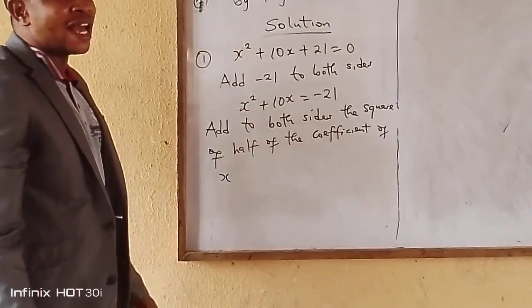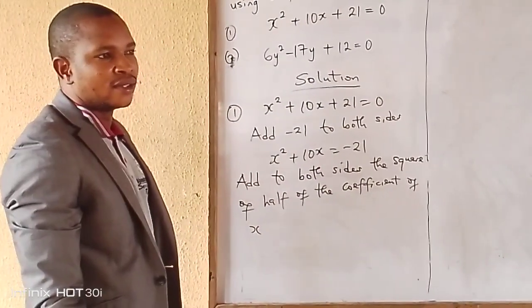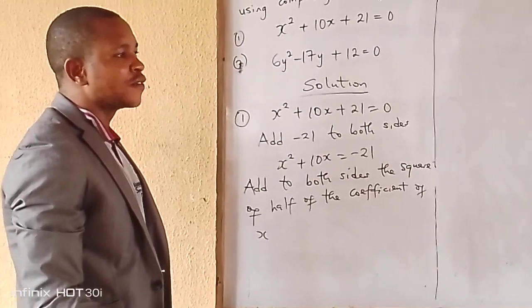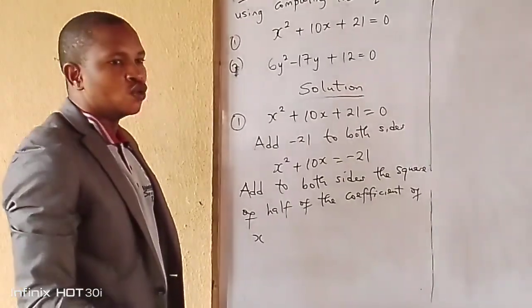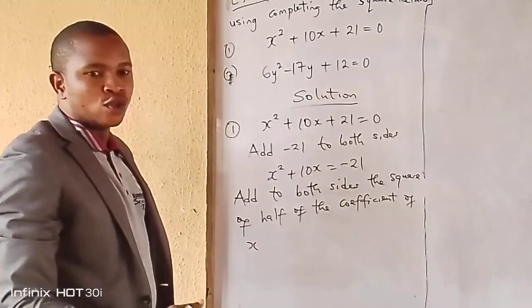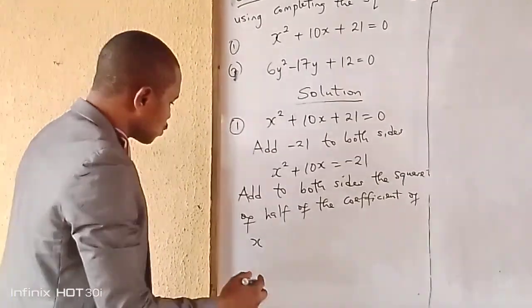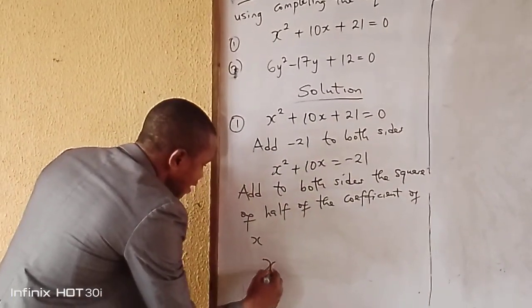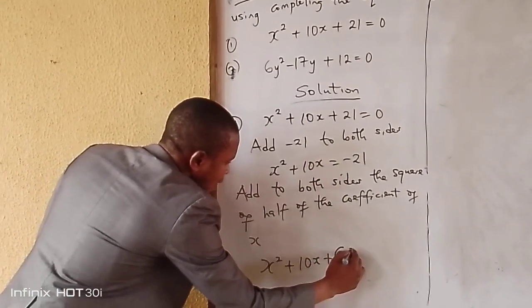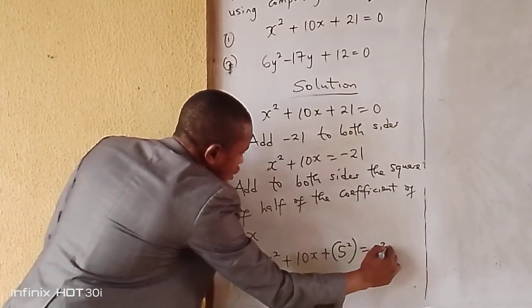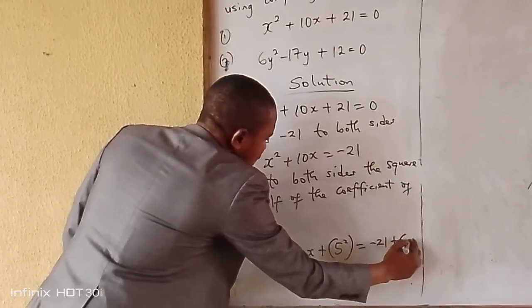The coefficient of s here is plus 10, and for us to get half of this coefficient, we are going to divide by 2. 10 divided by 2 will give us 5. So by the time you square it, we are going to have 5 squared. So we are going to have s squared plus 10s plus 5 squared is equal to minus 21 plus 5